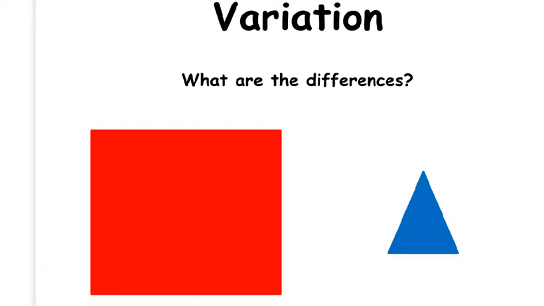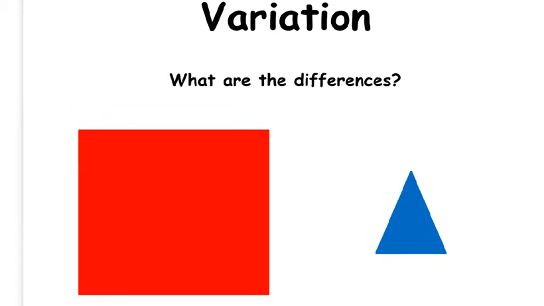We are going to start by thinking about variation. Variation is the differences between organisms. If you look around at all your friends, there will be lots of differences between them, such as different hair colours, different eye colours and different heights. Some of these characteristics are determined by our genes. Some are determined by the environment.